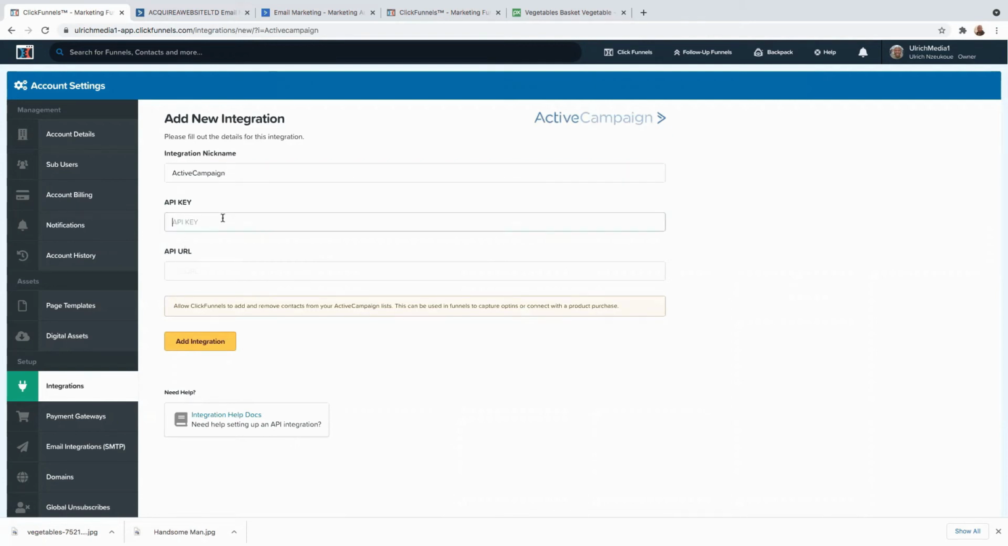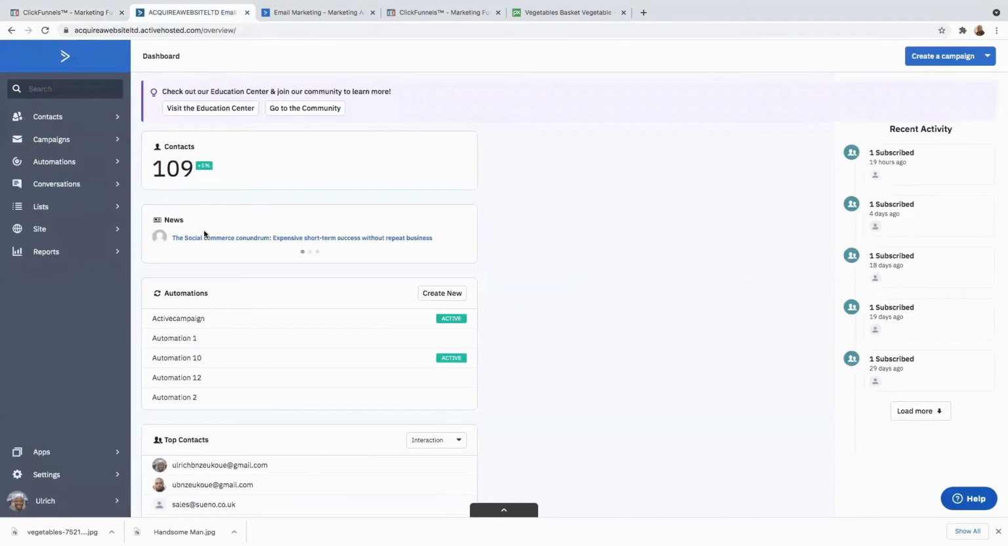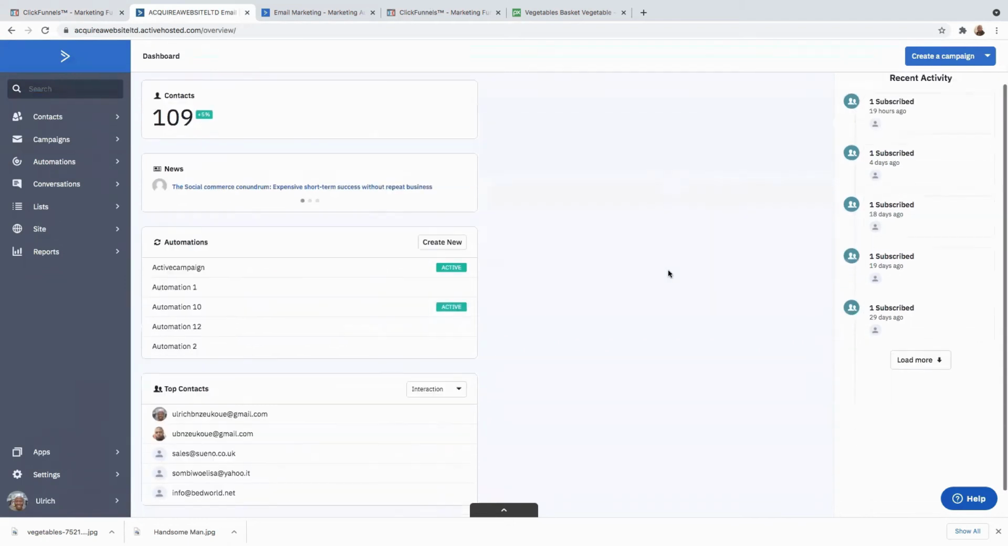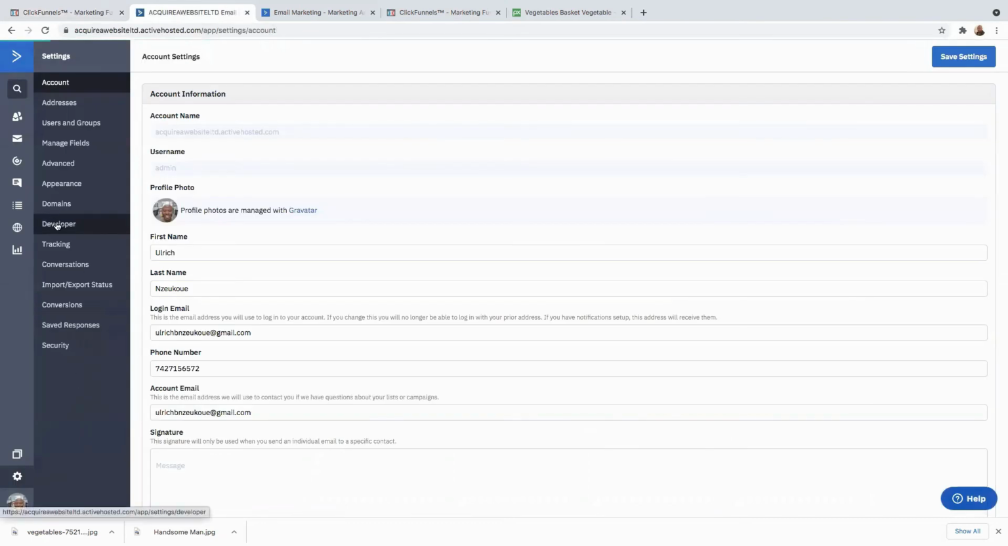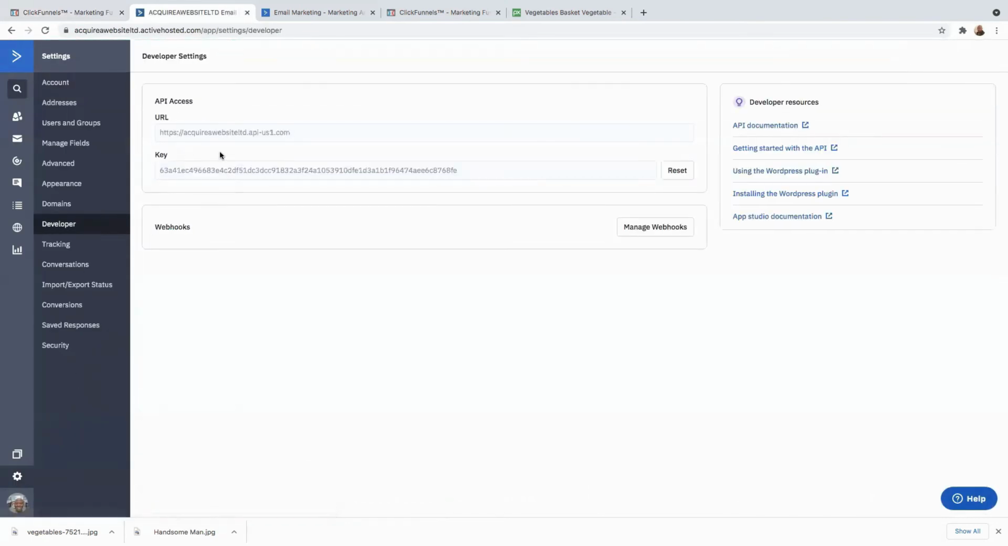And then integration nickname, I'll just say, now I'll need to head back into my Activecampaign. So I'll have to copy the API key and the API URL, right? So these are the details that I need to copy. So let's head back into my Activecampaign account. This is what it looks like. What you now need to do is come down here to settings. And on settings, click on developer. And where it says the API key, let's just copy that